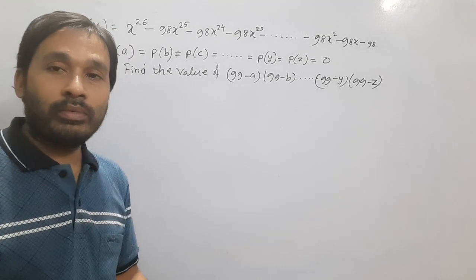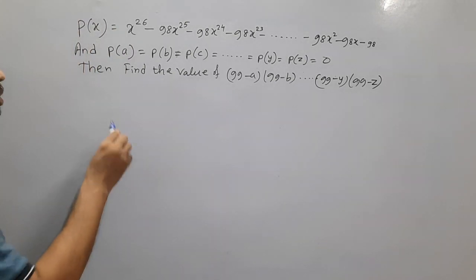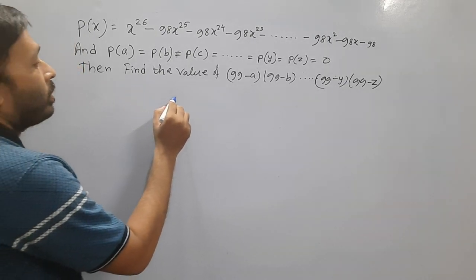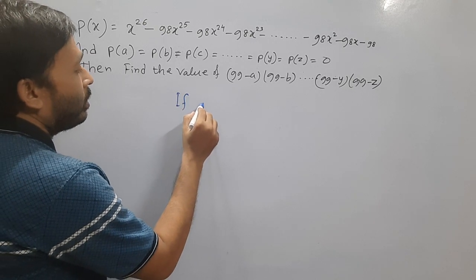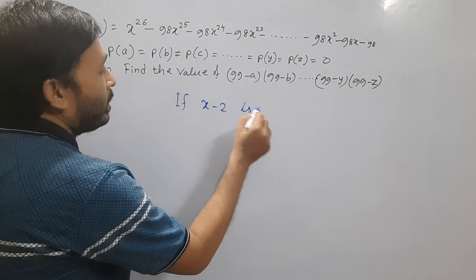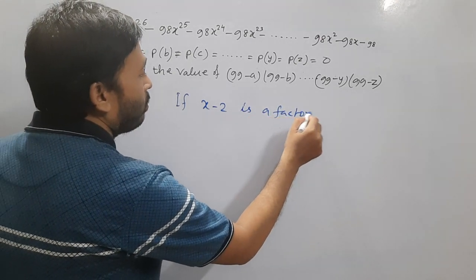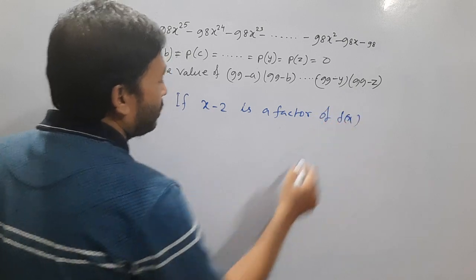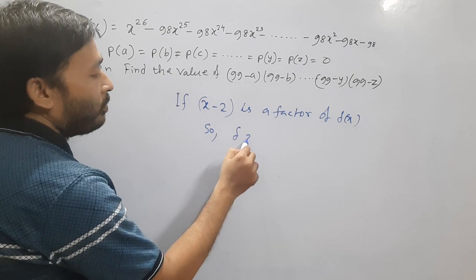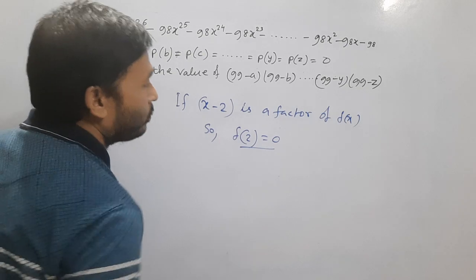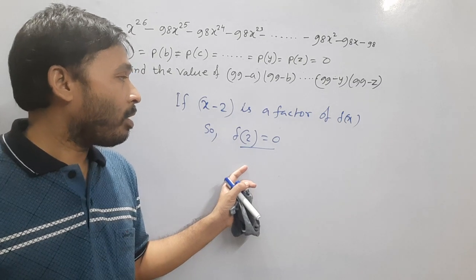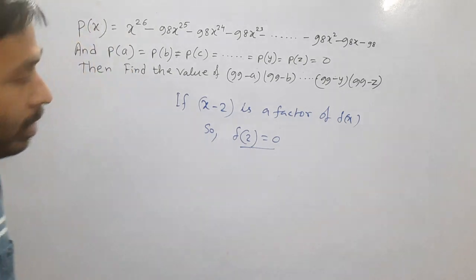At first, we can write, if x minus 2 is a factor of f of x, so f of 2 is equal to 0. This is a rule of polynomial. Otherwise,